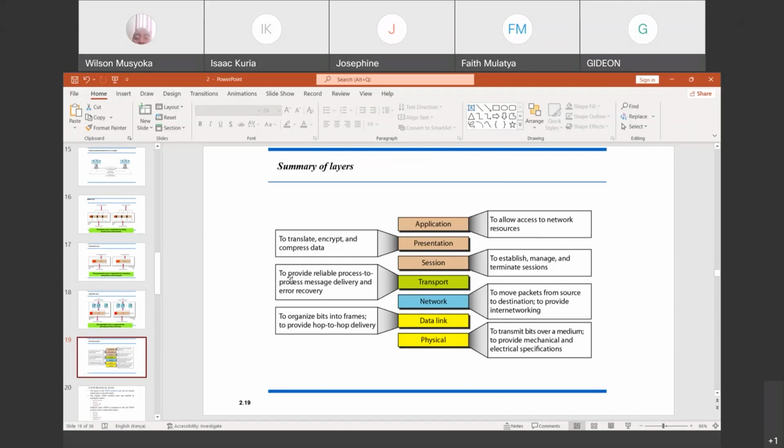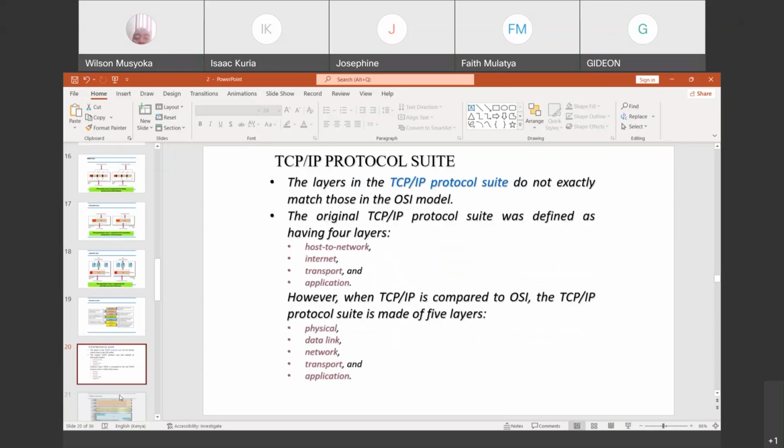The network layer is responsible for moving packets from source to destination so that networking can be provided. The data link layer is supposed to organize bits into frames and provide hop-to-hop delivery. And then the physical layer is supposed to transmit the bits over the medium, or it provides the mechanical and electrical specifications. So that is the OSI model on which we base the TCP/IP protocol suite.